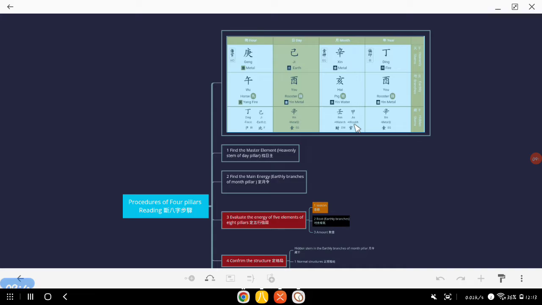So which one would be strongest? We need to consider seasonal energy. So first, this is the water of winter, so winter gets stronger. And now let's check. There is no water above on the heavenly stem, nor wood element above on the stem. So because they're both hidden, if one of them shows up, for example, if we change this thing to